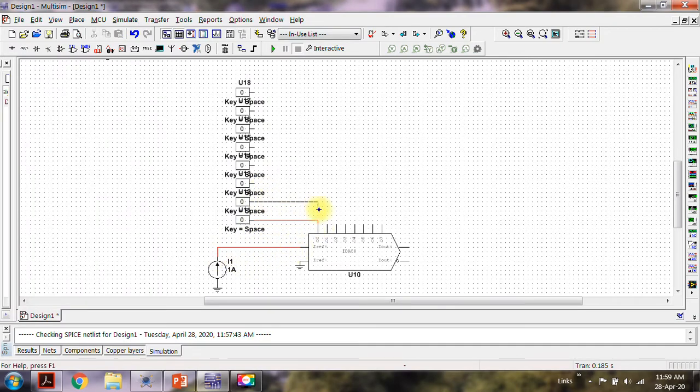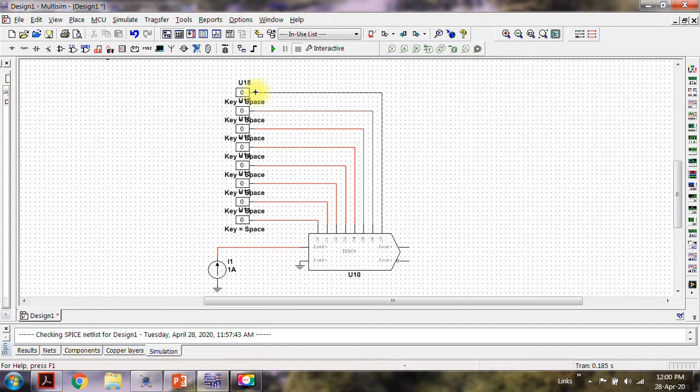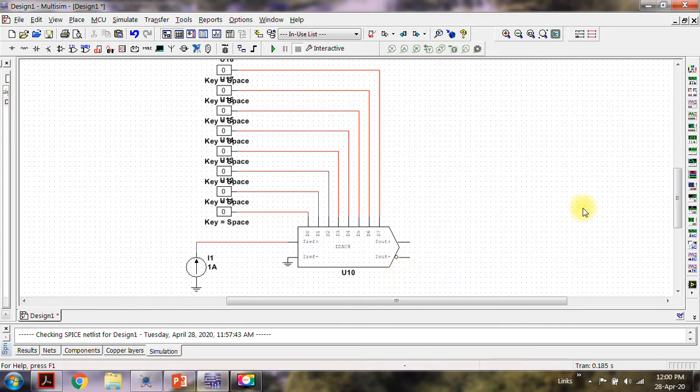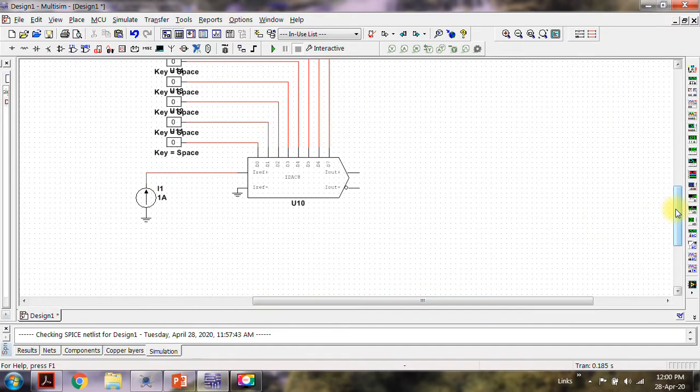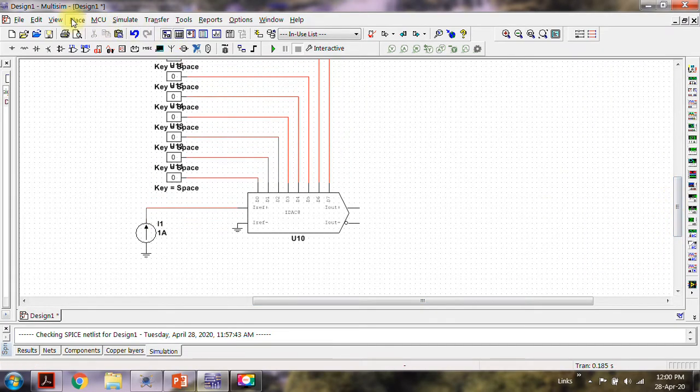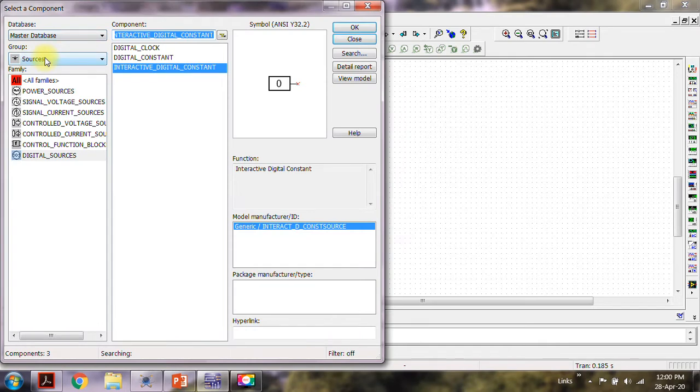The current source. Now remember the output is a current, so we have to make use of the current to voltage converter, which we have already seen. So let me construct that.